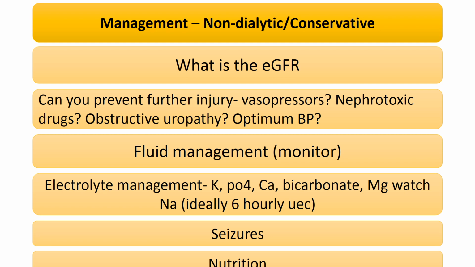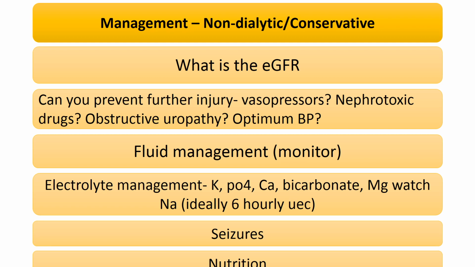We'll ask ourselves all these questions and try and remove anything that could be worsening the damage to the already damaged kidney. And as I said earlier, we'll ask ourselves, is it possible this patient could have obstruction to the flow of urine? So we'll feel for the bladder. We'll do an ultrasound as soon as possible to rule out obstructive uropathy. If that is there, we'll push in a catheter, or if the obstruction is higher up, we'll contact the urologist to see if they can